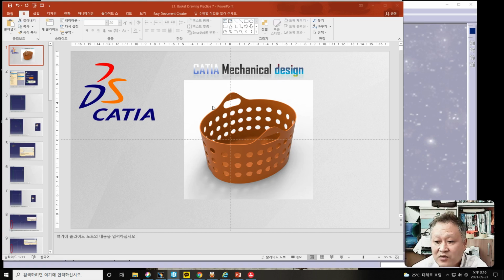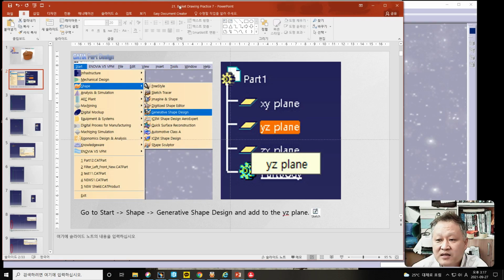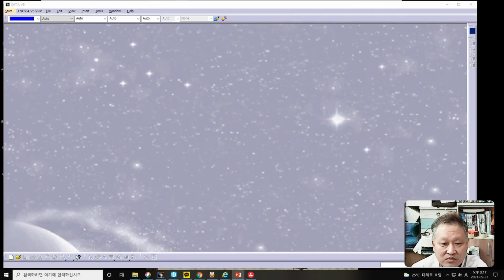Therefore, today we want to draw this kind of basket. By using a computer, 3D printer, or any other method, we can make this kind of basket. But for making it with a 3D printer, we should draw this sketch by using the CATIA program. So if we want to draw the basket, we should